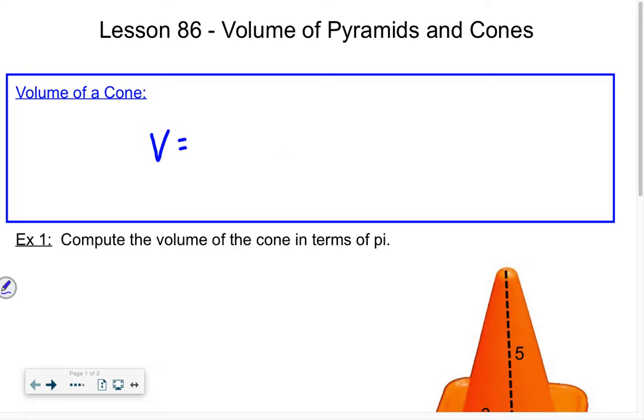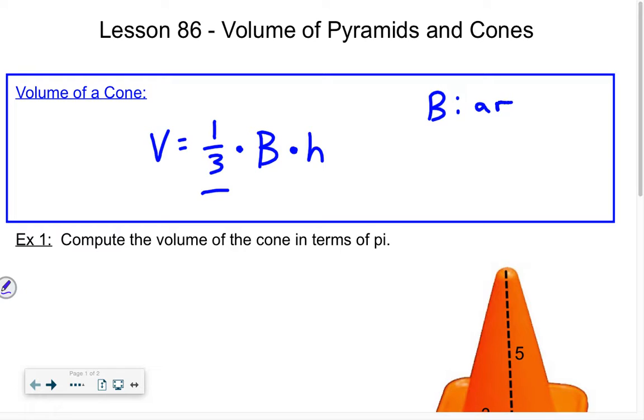Volume of a cone, we're going to start by taking 1/3 times big B times the height. Now this formula should look very familiar to the volume of a cylinder that we had done earlier. But notice the only difference here is this 1/3 that we've included, and that's because a cone happens to be 1/3 of the volume of a cylinder, and we'll talk about more of that in the lesson when you come back. But big B, once again,